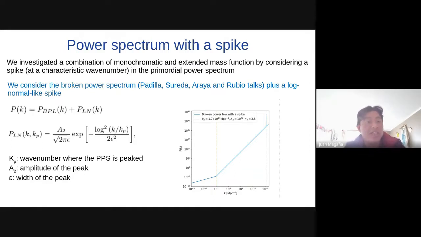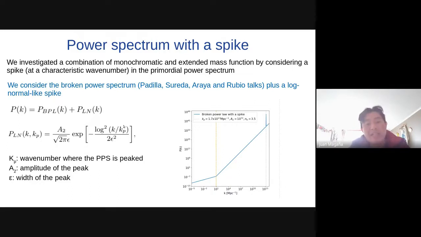How to do that? Well, we consider the same broken power spectrum that was presented by Nelson Padilla and Joaquin Sureda, but now we add a log-normal-like spike given by this formula here.